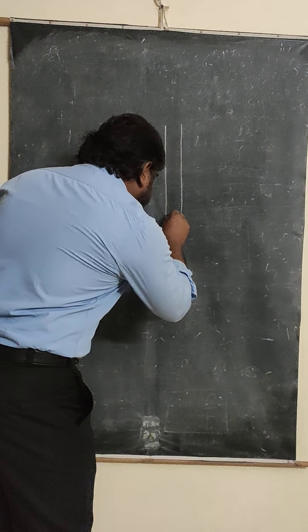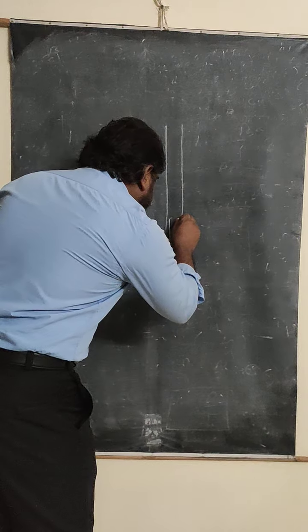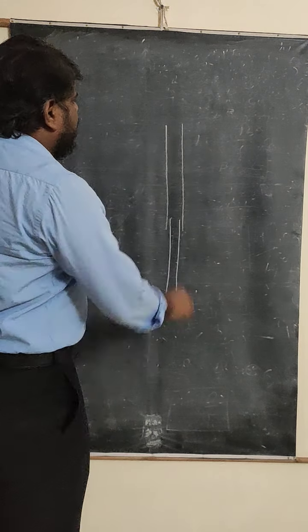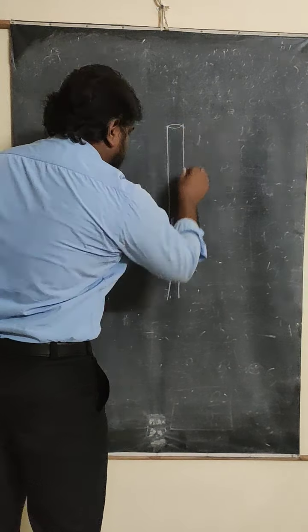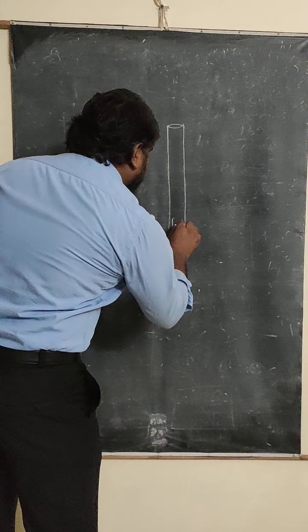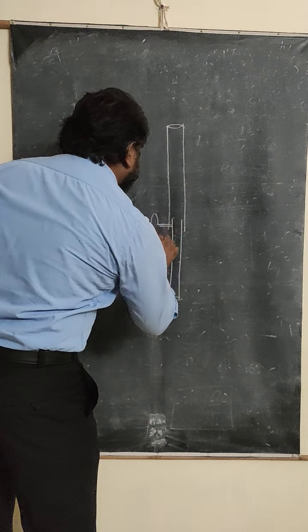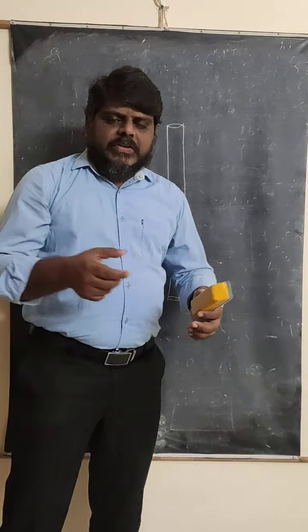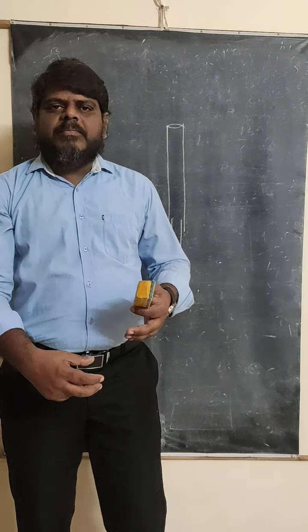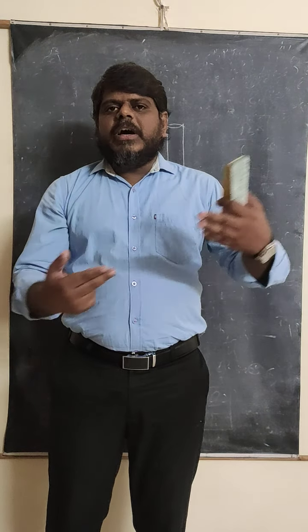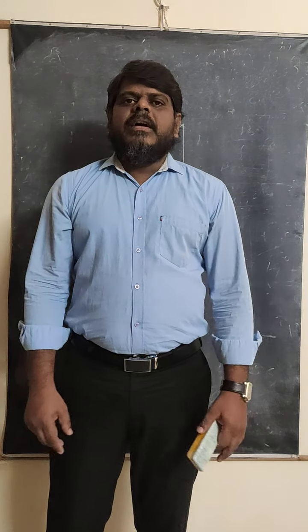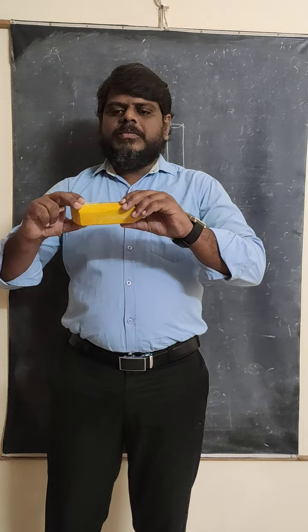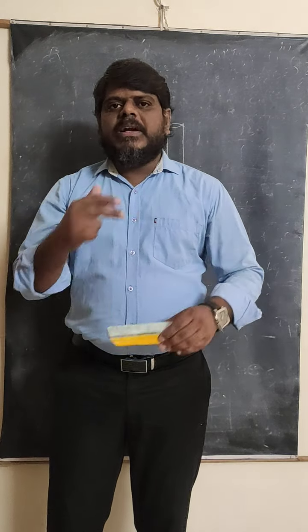They are inserted like this: one tube and another tube arranged inside. One lens is placed here and another lens is placed here, and these two are connected to a screw. When you look at a microscope, a long tube is there, in which two tubes are inserted into each other, coaxially arranged, so that one tube moves over the other.